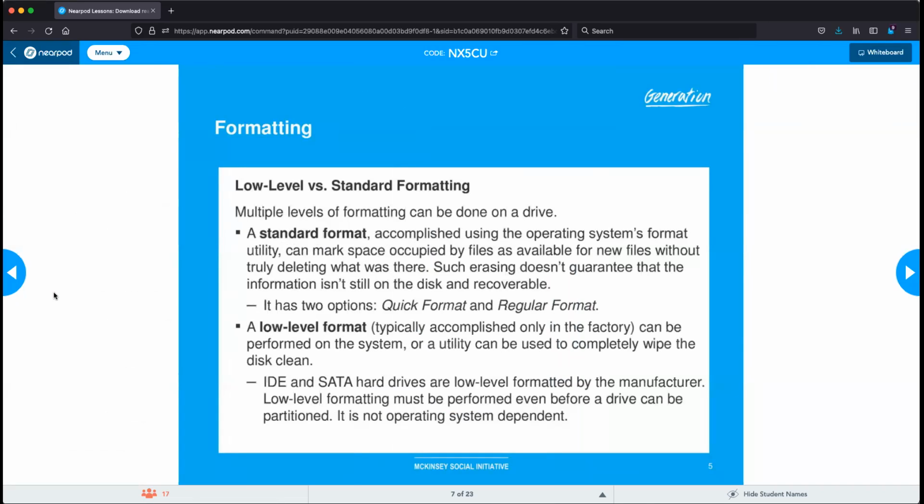Okay. So low level, the way it always got me was when you say low level format, in my mind initially I'm sitting there like, oh, it's just like a quick format where they just do it really fast and you're good to go. No. It literally means they're going deep into the drive. They're pushing it down to the lowest levels of the drive, taking it all the way back to your factory settings, not just the quick reset you would do on your phone. No, this takes time, and it's quite literally like it just came off the factory floor.